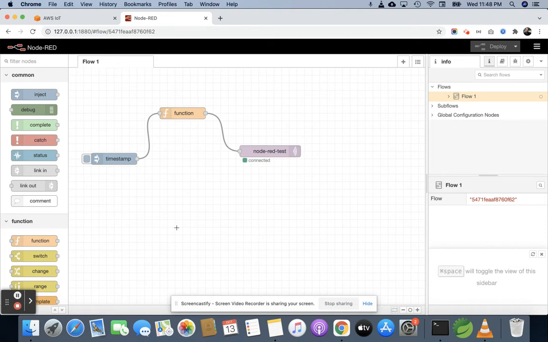So in this video, we will connect our DynamoDB with MQTT using Node-RED, right? In this application, what we are going to do is create a flow in Node-RED, and after that, we will send a message on MQTT, and after that, we will store that MQTT message in DynamoDB. We will create rules and all those things in this video, right?